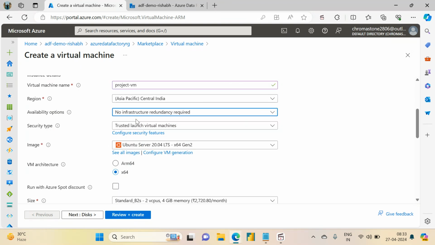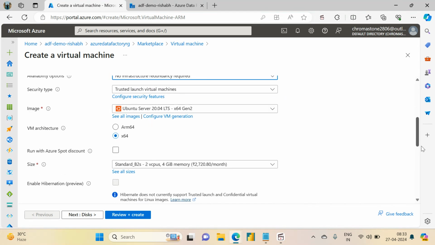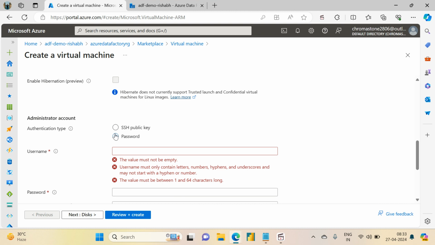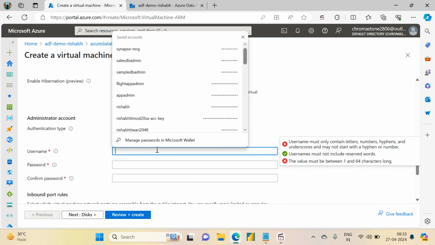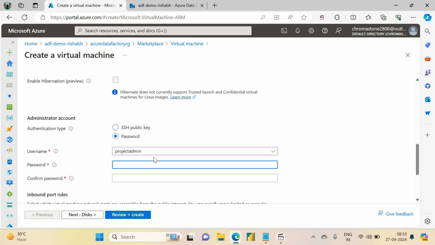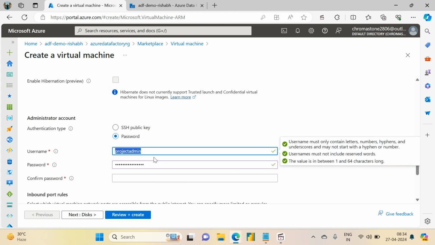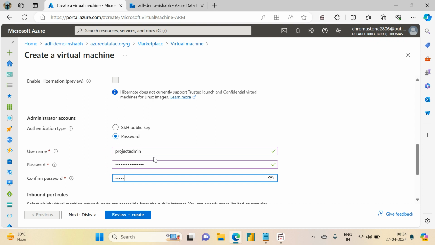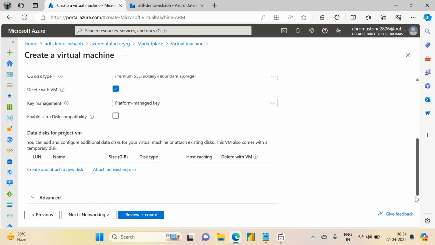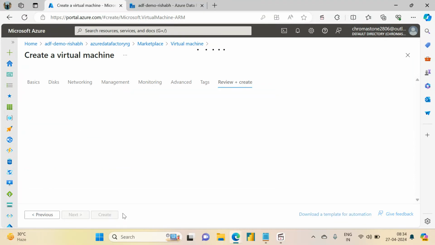I don't want any infrastructure redundancy. Everything is okay here. I want to use password, and I'm going to use project admin as my username and I'm going to give a password. If I go to disk, I don't need to change anything and I can quickly go to review and create